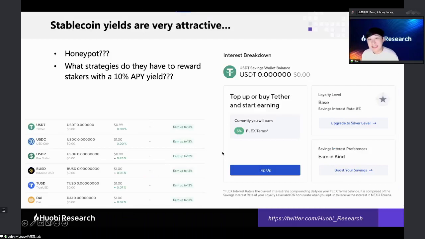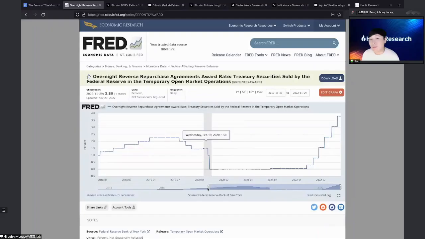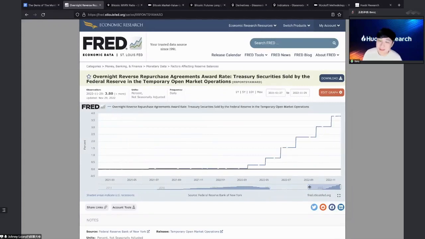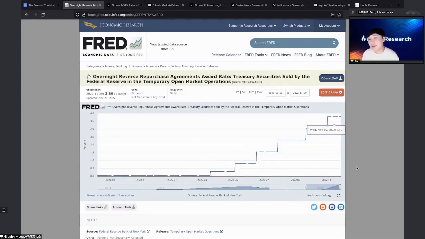Also, one thing is even for risk-free interest rates, like if you want to buy a treasury bill or treasury notes, for one year or two years, for example, the reverse repo, right? You can check out the reverse repo award rate. So wait a minute, let me check this out for you guys. It's like the risk-free interest rates: if you invest in a treasury bill or treasury bond, you get dividends of about 5% a year right now. Technically, you're buying $100 worth of bond for $95, and you get $5 after 1 year.